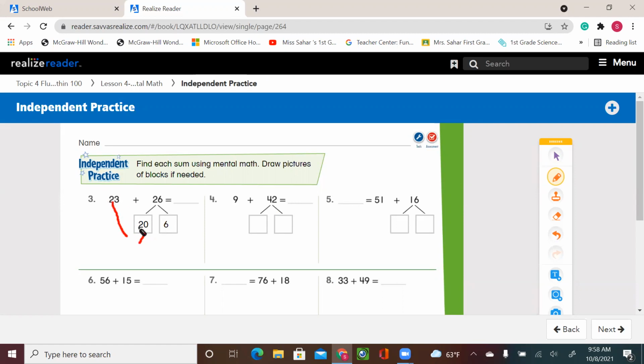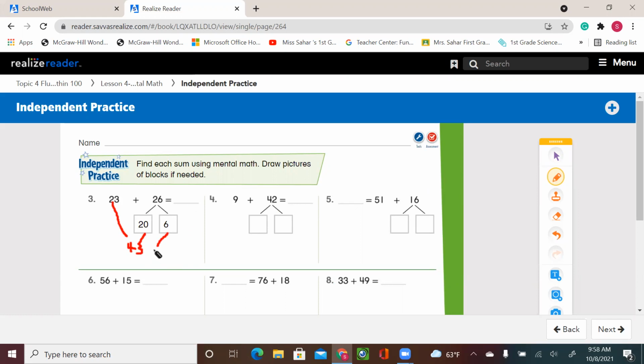I know 23 plus 20 means 2 tens plus 2 tens over here. That's 4 tens, and I have the 3. So it's going to be 43. So let's write down 43. All right, now I have the 43. I have to add the last part of my equation, which is the 6, the ones. So 43 plus 6, that's easy for me,